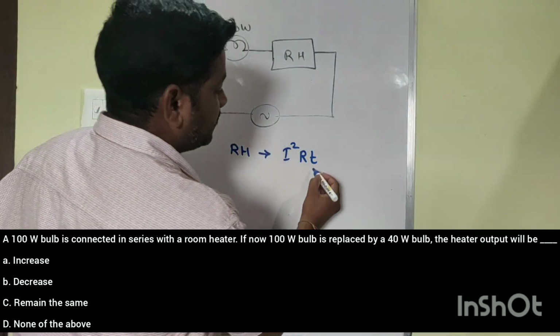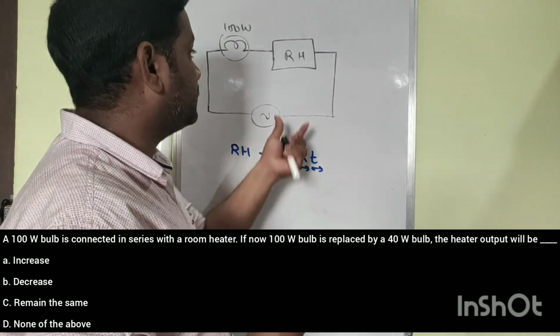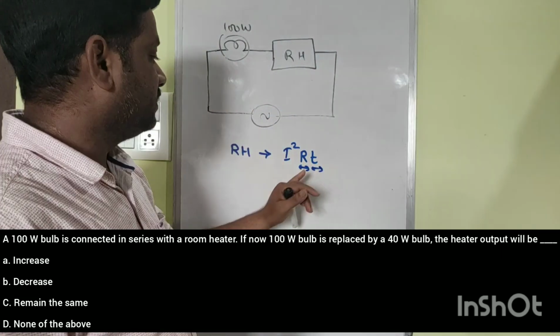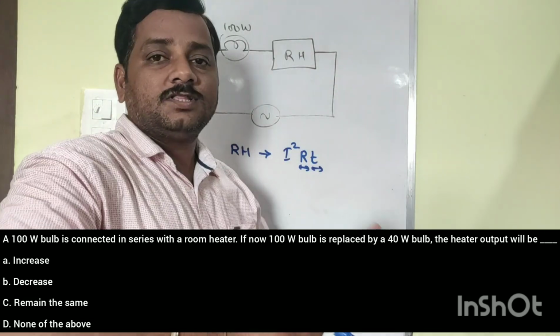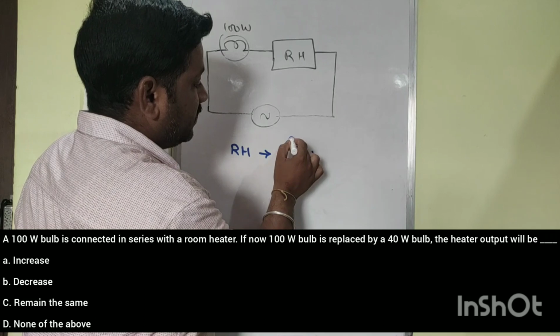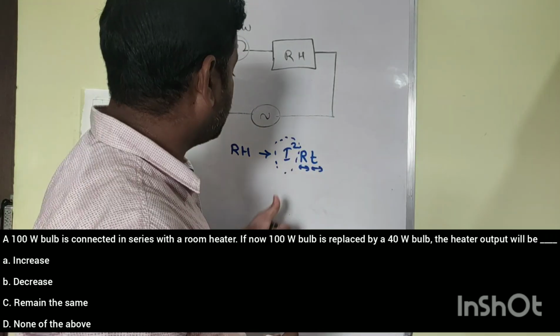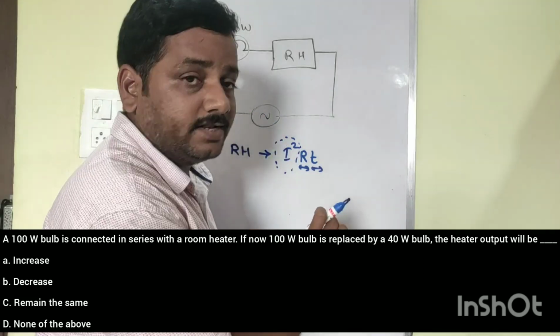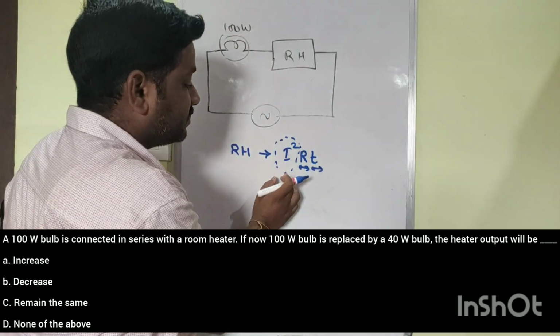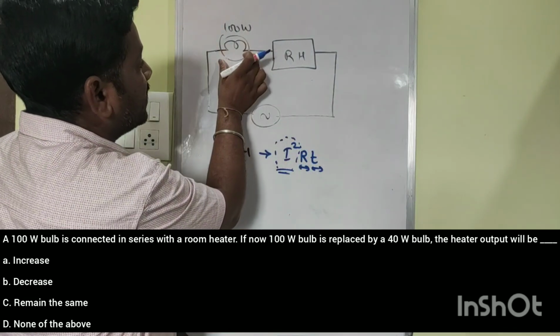Say the time and resistance, these two are constant here. Once we design the room heater, resistance will be fixed, and the time for which we make the current flow is also fixed for some particular seconds. Here current is the major part. Current can get varied. In this example, this is the parameter which is getting affected, because for the 100 watt bulb,